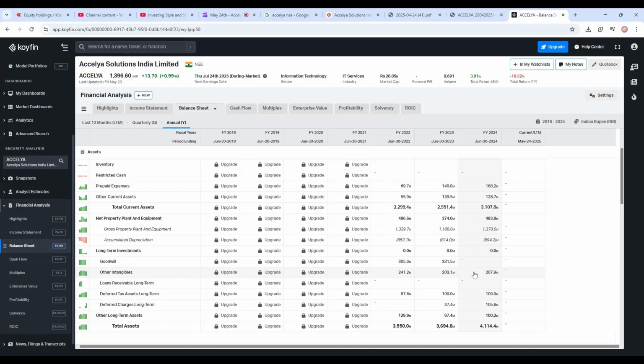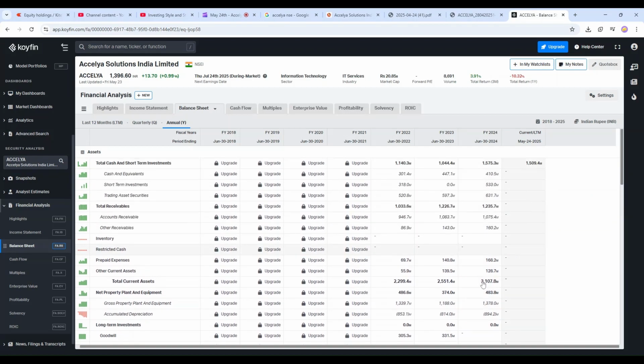But this is intangible. I don't give much value to intangibles because it has meaning only in good times. In bad times, no one will be buying its intangible assets at this rate. If the company is selling for 10% of this value, maybe someone will come and acquire that, but no one will acquire at this rate.